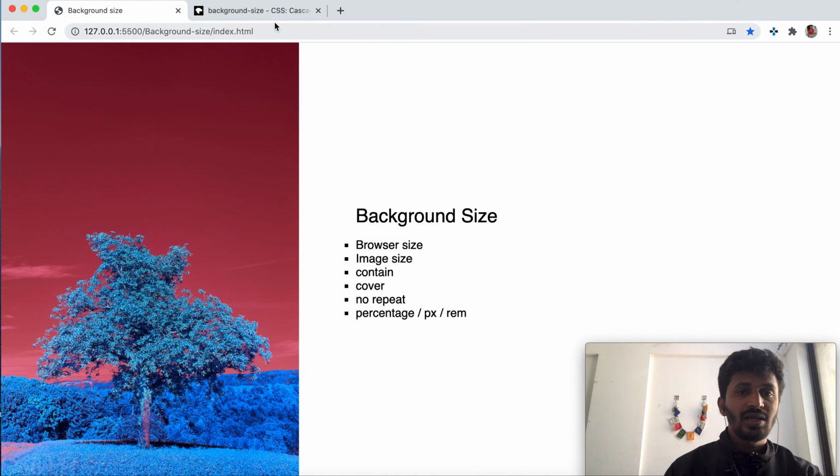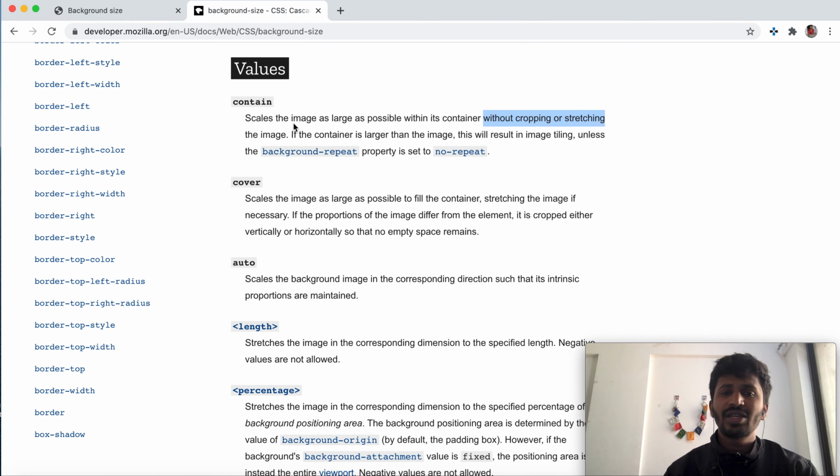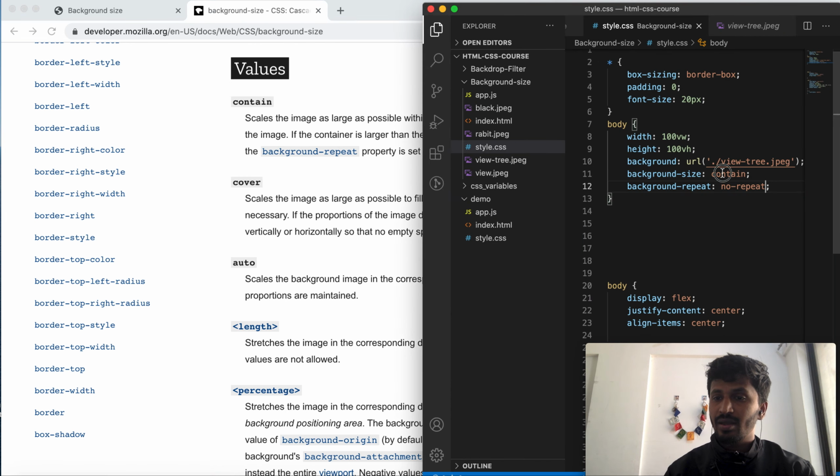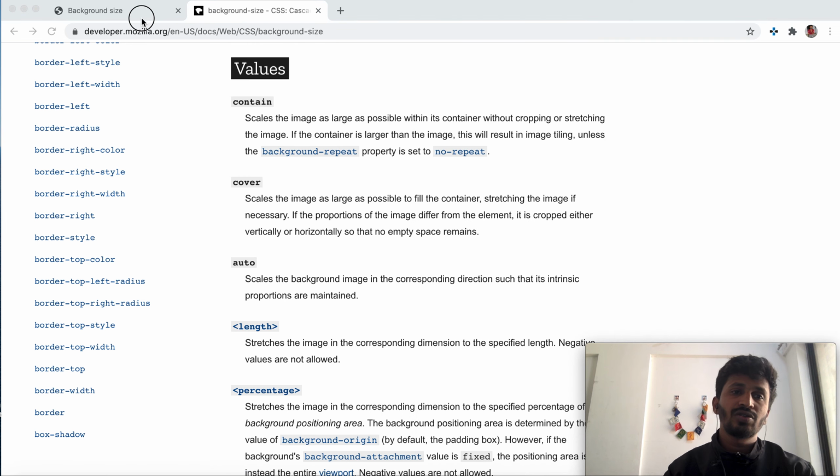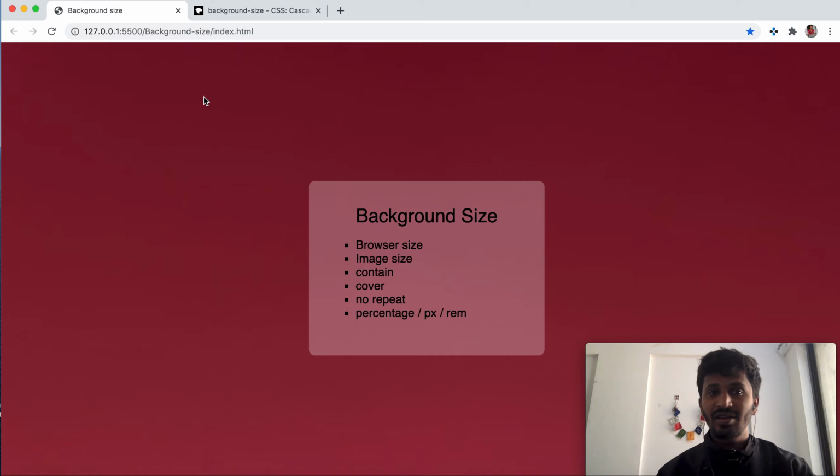Next property. The use case of ours is that our background body tag should have the complete background. So we can give another property, which is cover. Cover basically scales the image as large as possible to fill the container, stretching the image if necessary. The purpose of cover is to fill the container. So let's give the cover property and see how it looks in the browser. We are seeing a red background, so where is our image?